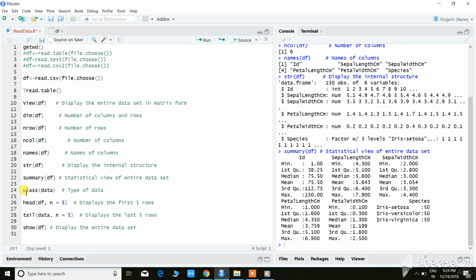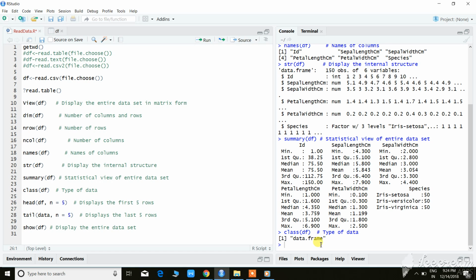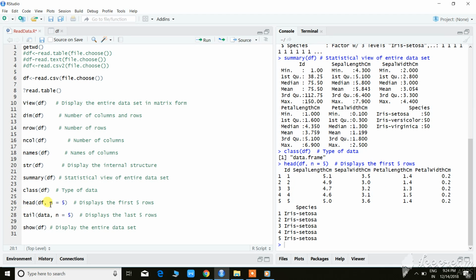Next command is class(df). We should write class(df). This tells us that it is a data frame. The kind of file we have imported here, df, is a data frame. Most of the data you will import will be in the form of a data frame. Now the next command is head, with n equal to 5. This provides us the first 5